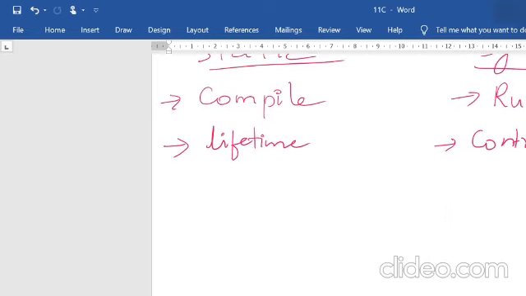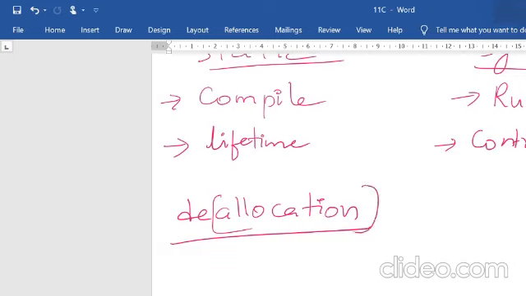Now the next part is deallocation. What do you mean by deallocation? Allocation means to assign. Deallocation means to deassign, that is, remove. So we have assigned some space for a variable. For example, let us say you have reserved a seat for traveling on a train from Delhi to Bangalore.